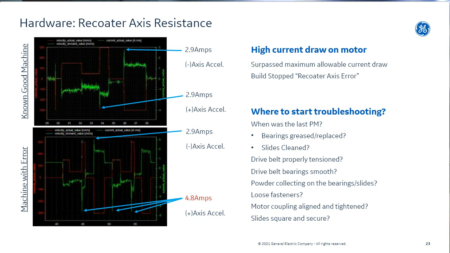So whether this was lack of PM or maybe something wasn't tensioned properly, these graphs are a little bit busy to look at, but essentially the red is the velocity of it. So 0 is kind of through the middle of the graph there, and it accelerates upwards as it's dragging powder across, retrieving powder from the dosing module, slows down very slowly, applies it over the parts, and then it speeds up and dumps the rest in the collector